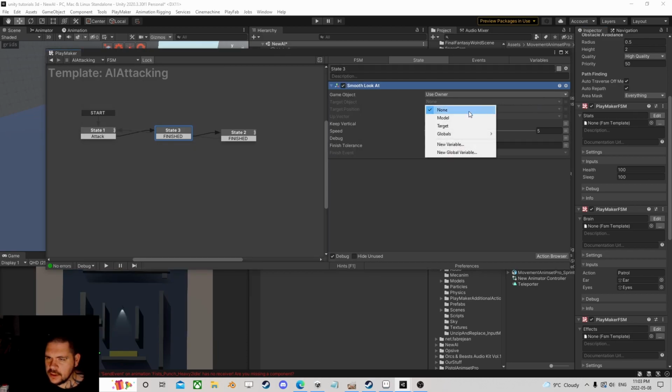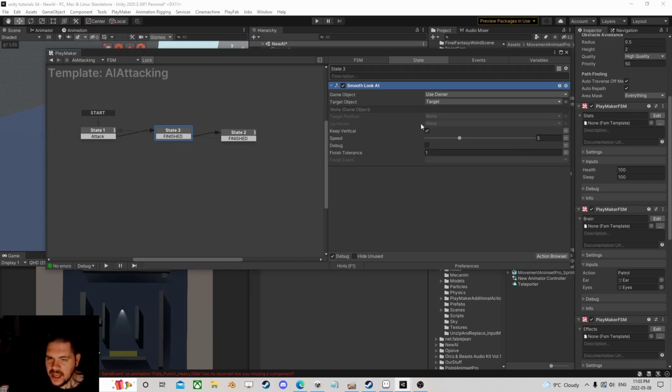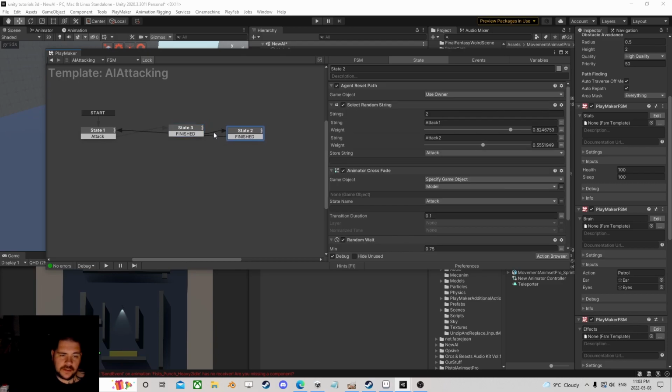That's it. It's really all you need to do, because smooth look at has, like, we'll keep it vertical. The shift can all be 0. We can adjust the speed, how fast this guy can turn. 5, even we can go 8. But this has this finish tolerance, right? And when it's finished, we can do that. So he should be looking at this guy until we go here, and if that doesn't work, we can always